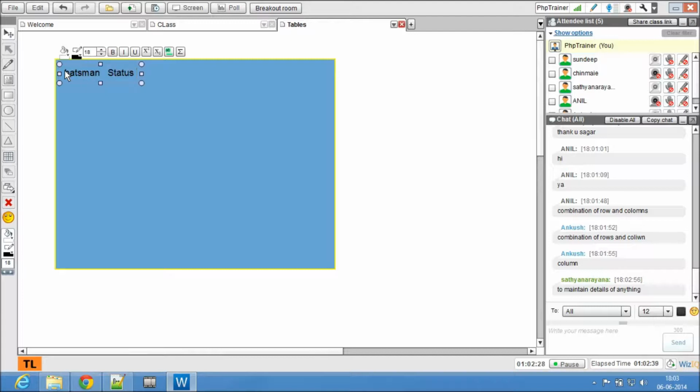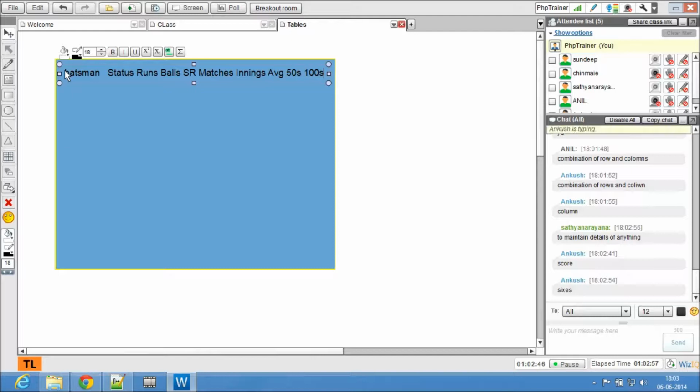If they are out, then they have different data. Then the runs, balls, strike rate, and matches, innings, average, and hundreds, 50s, hundreds, or sixes. Sixes, that's T20 style. I'm talking about the test match style.